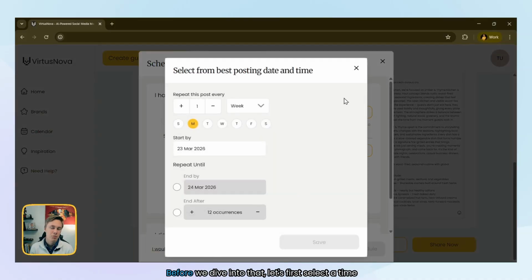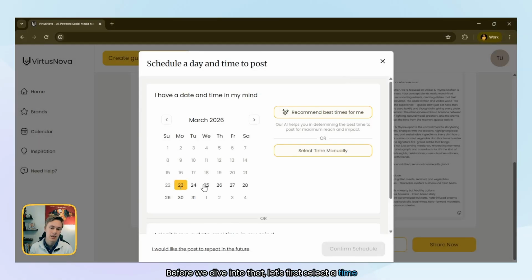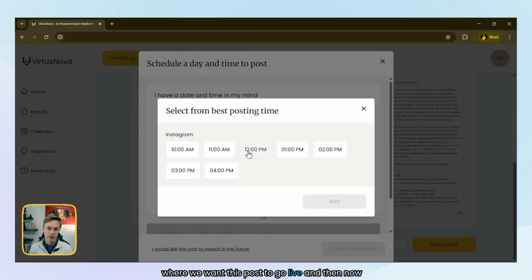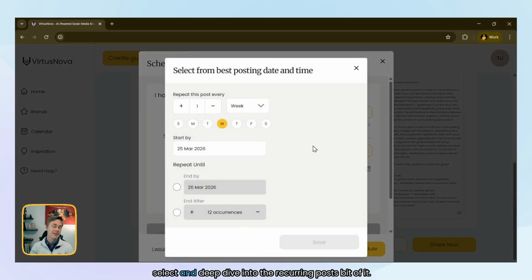in the future. Before we dive into that, let's first select a time where we want this post to go live, and then now select and deep dive into the recurring posts bit of it. You can decide between different configurations on how you want your post to be recurring, starting at the top here, where you'll be deciding on whether or not you want to be repeating this post weekly, monthly, or even annually,